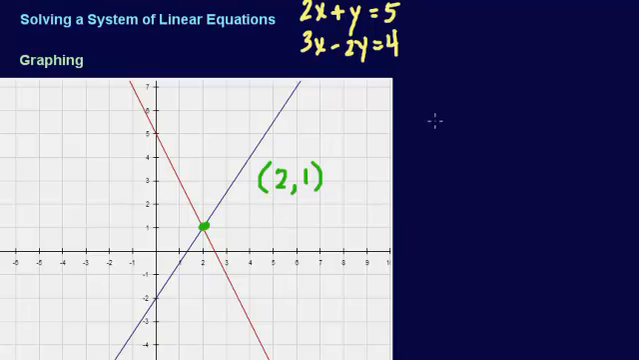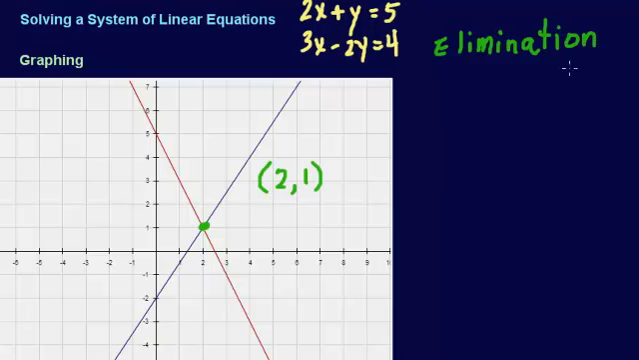It's not a very accurate method because this one just happened to land on a little crosshair here, but if it doesn't land on a crosshair and it was, say, 2 1/4, that would be hard to read off of a graph. So the algebraic methods are best for this particular type if you want to know the accuracy. So we're going to look at the elimination